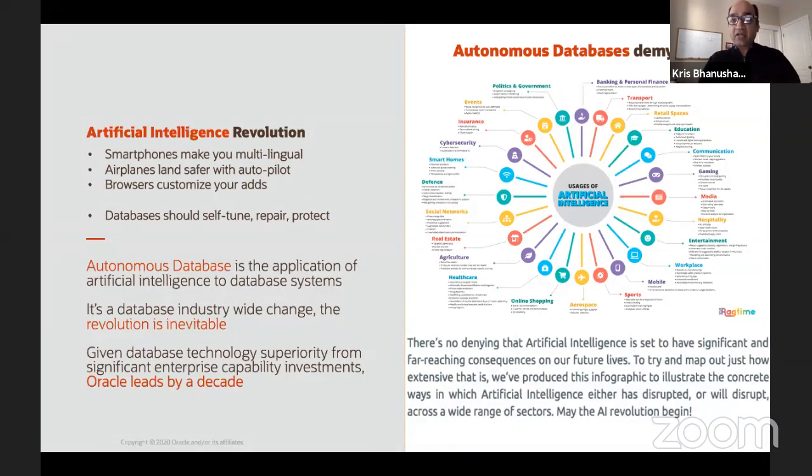Regardless, every vendor is going to have AI-based autonomy and management capabilities in their services going forward. Except Oracle has been the leader, and we lead the market by almost a decade. Hopefully through the rest of the presentation, I will be able to show what that means and how that impacts day-to-day manageability of databases.